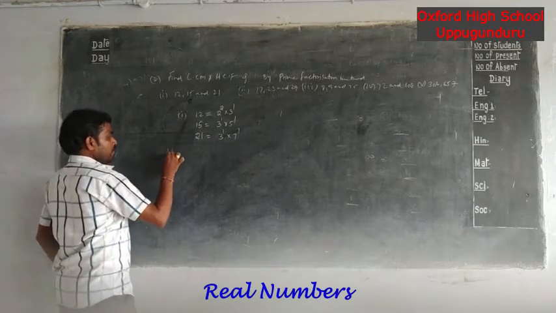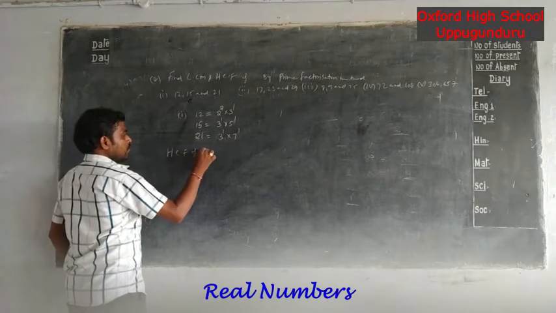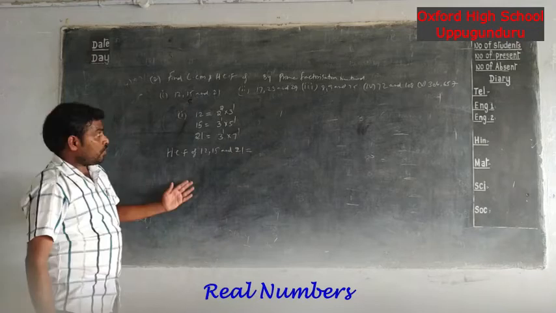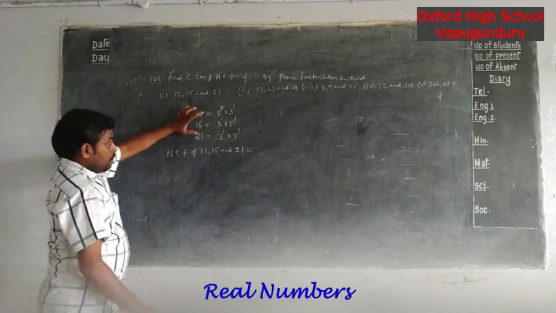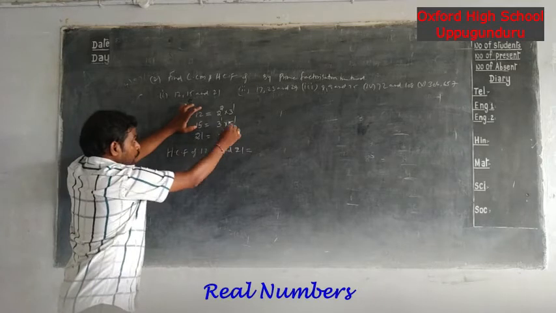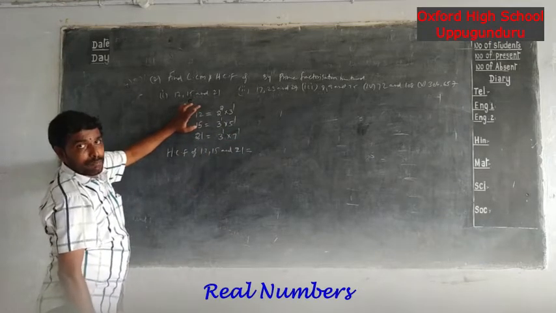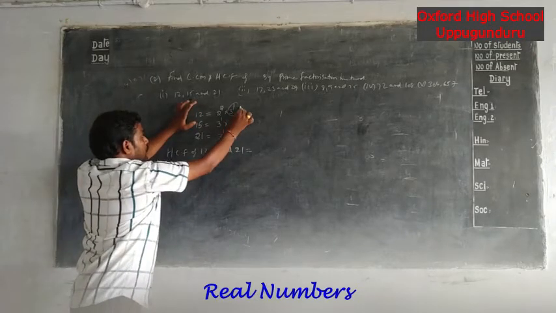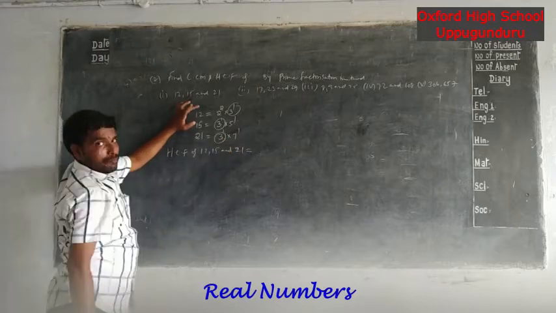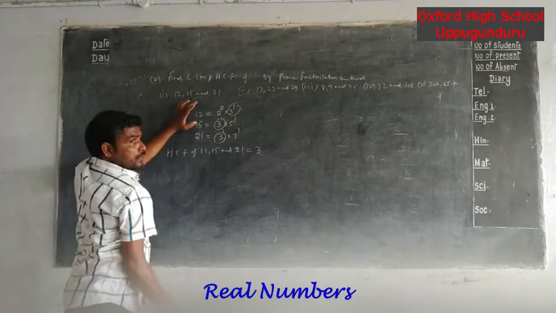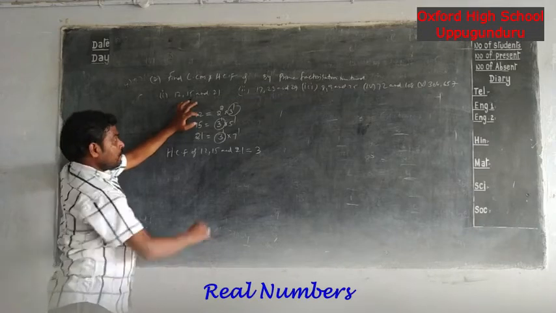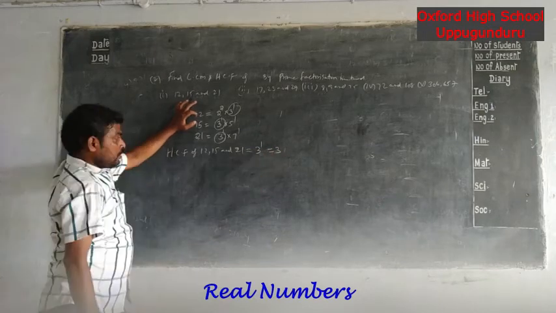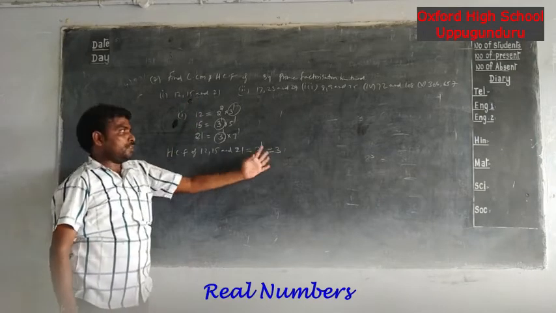So how to find HCF? HCF of 12, 15 and 21 equal to, what I told you before, for all these three, what are the common prime numbers? Common prime numbers, that product you have to write. Here when you observe all these three, only 3 is the common factor for all these three numbers. That's why you have to write 3. After writing that one, what is the least power for 3? Least power for 3 is only 1. That you have to write. So 3 power 1 is 3. So HCF of 12, 15 and 21 is 3.